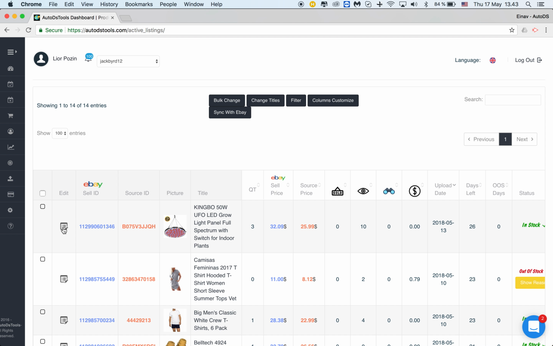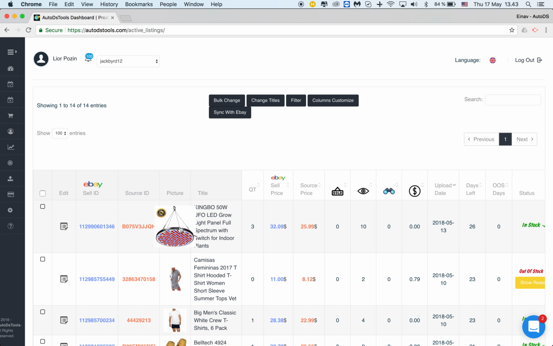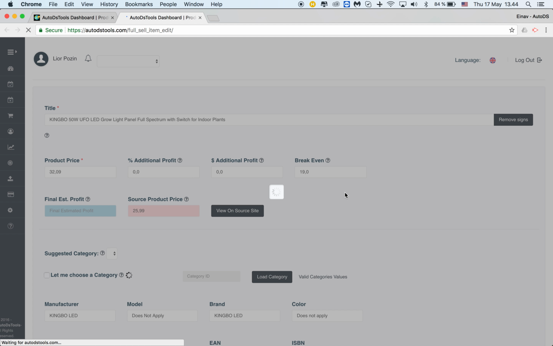How do you do that? You either click here, edit, and then click on the green button full item edit, or you can just click from the active listings on the image itself. So I did that, and it will open in a new tab. And down here